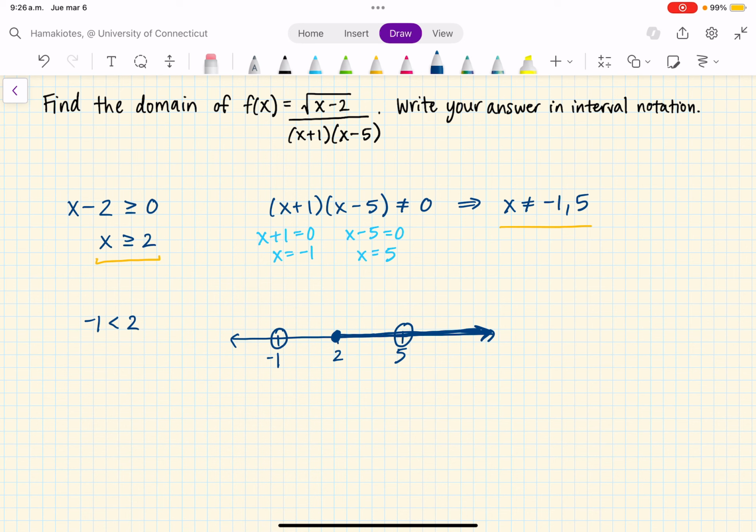So how does this look in interval notation? Well, we have square brackets around 2, and we want to go to infinity, but we have to exclude 5. So we'll go from 2 to 5 and put curved parentheses to exclude 5, and then we'll take the union from 5 with, again, curved parentheses because we want to exclude 5, and we go all the way up to infinity. So this is our final